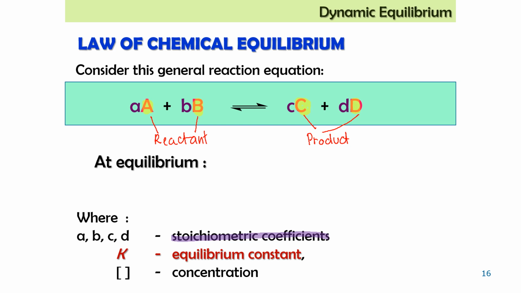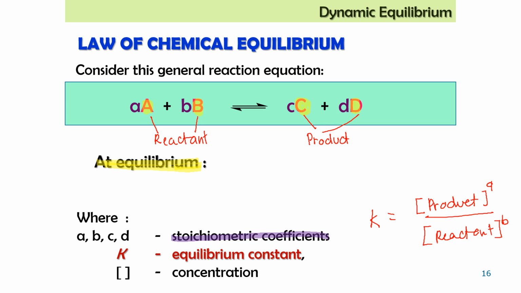So it means when your reaction achieves equilibrium, you can represent it according to the law of mass action, the concentration of, what you need to know, when you write this, K equals to concentration of product divided by concentration of reactant, and to the power of its stoichiometry, for example A, this B. Okay, but in this case you can see